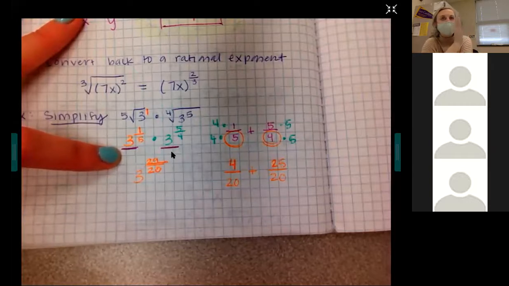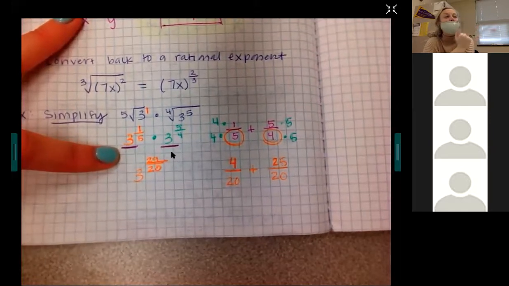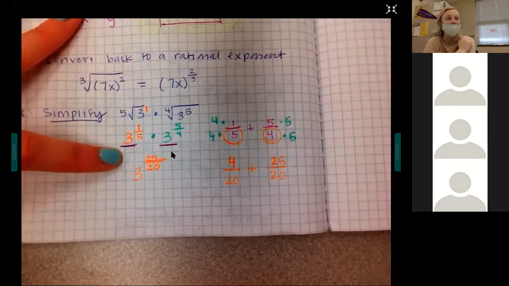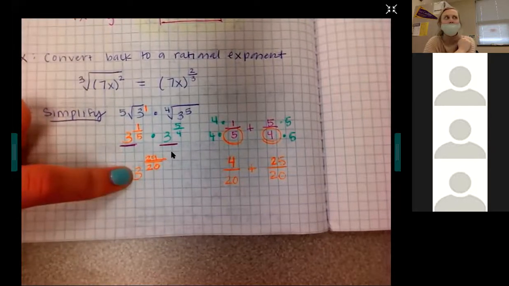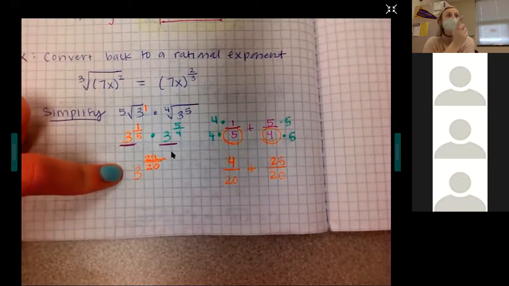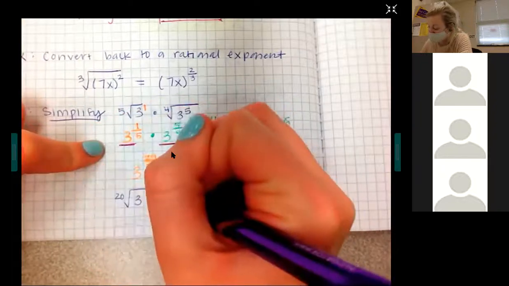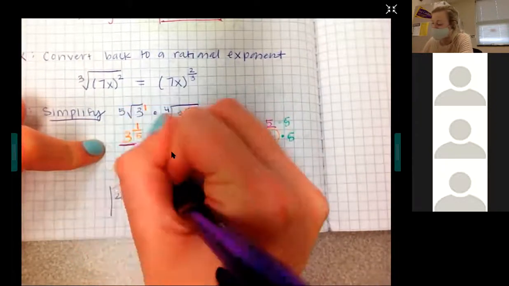What did I tell you at the beginning of the lesson? You should not have a what? A fractional exponent. So how do you think your answer choices on the test are going to look? Not like this. This is a fraction exponent. They ain't going to look like this. It's going to have a root. So Jaden, how do we convert this? Put it back. Top dog, bottom dog. 20th root. So the 29th. And I would never make you do 3 to the